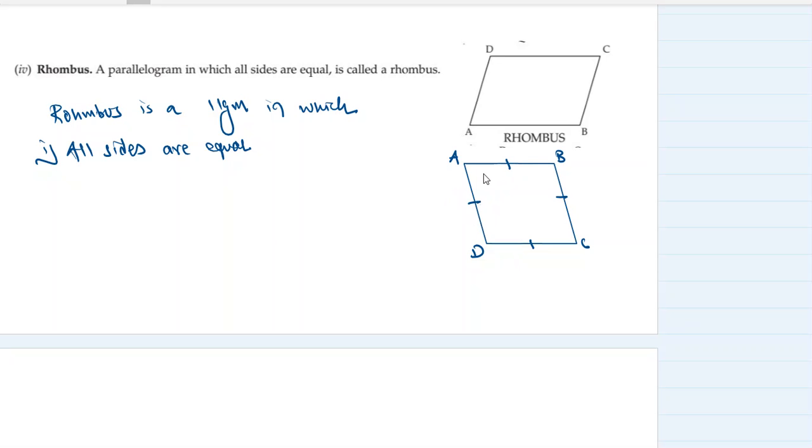ठीक है, अच्छा, दूसरा, इसके डायगोनल्स के दो इंपॉर्टेंट प्रॉपर्टीज है. अच्छा, ये जितने भी प्रॉपर्टीज है ना, we can prove these properties. ओके, ऐसा नहीं है कि ये प्रॉपर्टीज ऐसे ही दे दिए, इनके थियरम्स अलग से एग्जिस्ट करते हैं which we are going to look at. ठीक है, so first property of rhombus, special property of rhombus, rhombus is a parallelogram in which all sides are equal. Second important property, individual property of rhombus, is that diagonals are not equal, but diagonals bisect each other